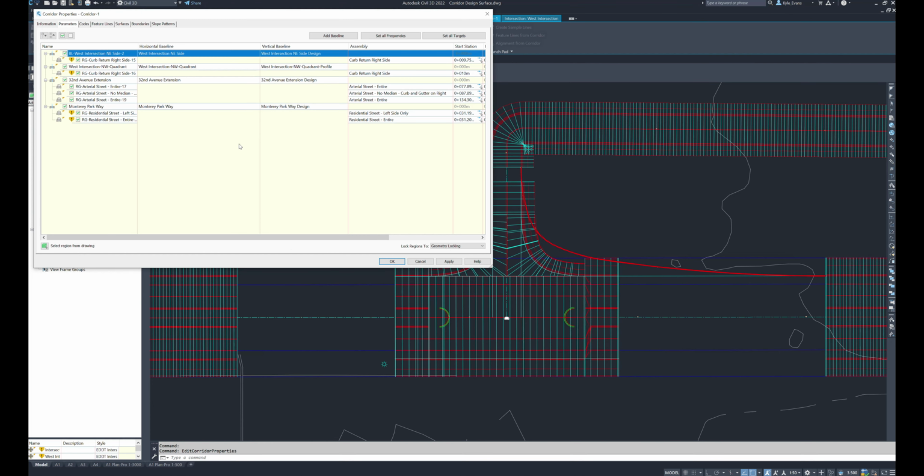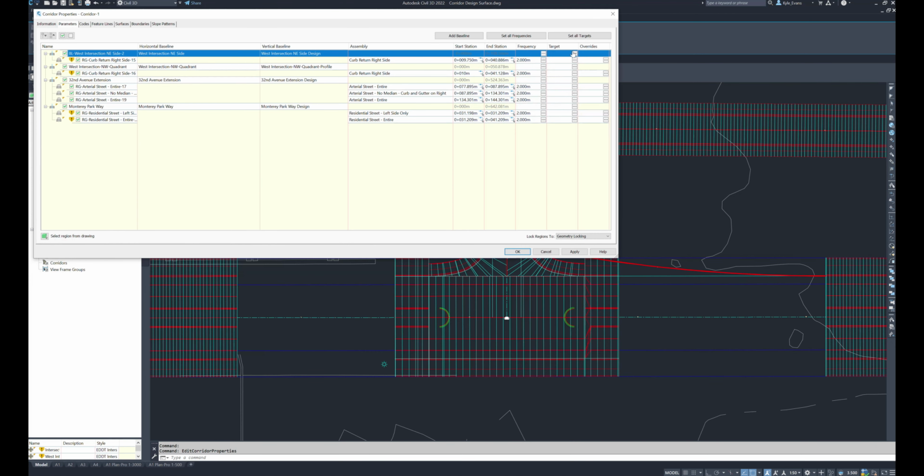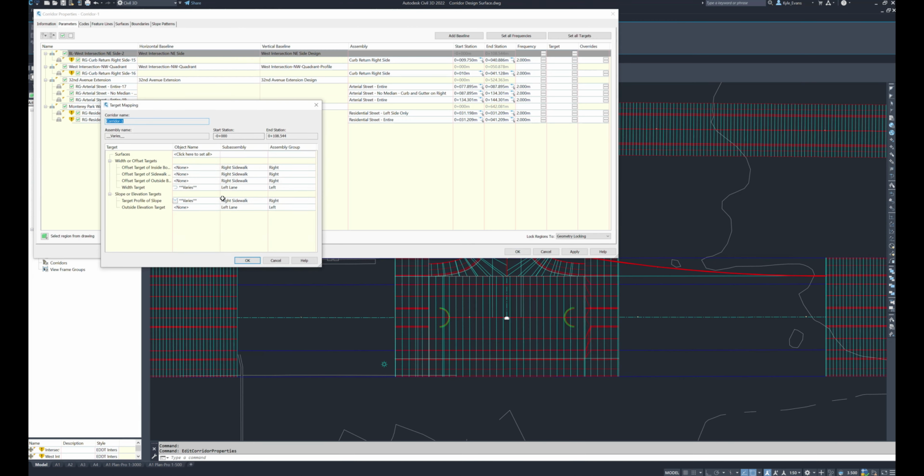Now I have gone through and I've created the alignment. I've created the profile. I created a design ground theoretically based on where my curbs would be. It can all be modified and adjusted after. Now it is going to apply that to this entire side. And if we look at the targets,